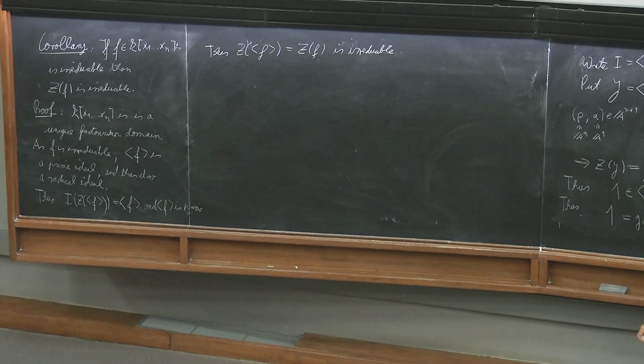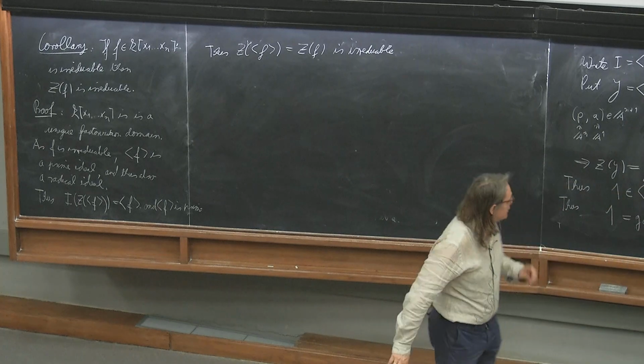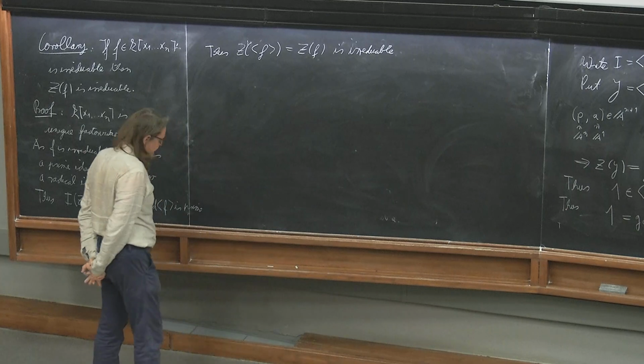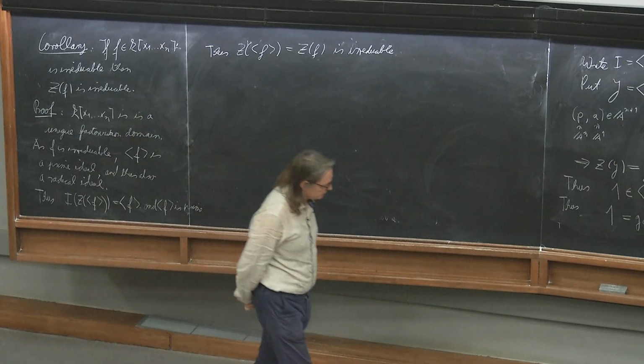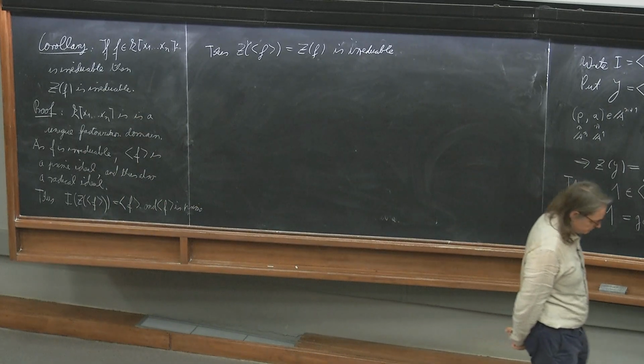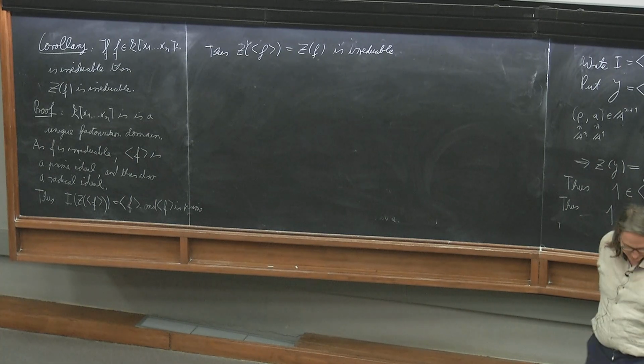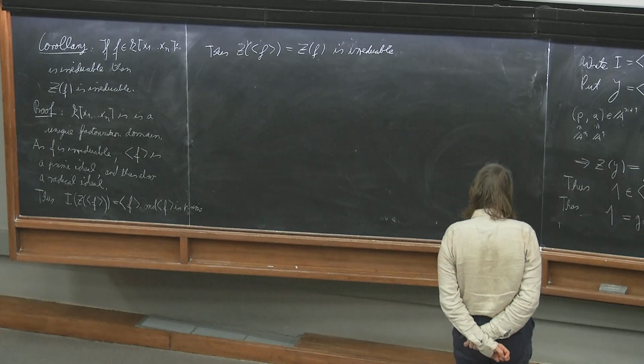So this was, for the moment, as much as I wanted to say in the first pass about affine algebraic sets and affine varieties. Now we want to look at the case of projective varieties. Somehow very similar, but